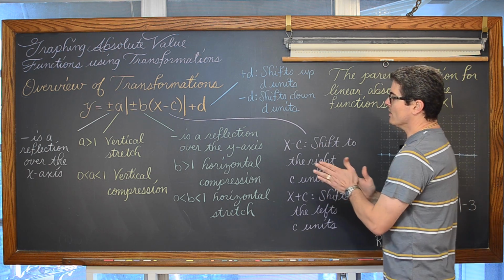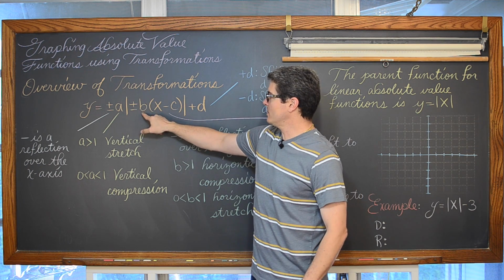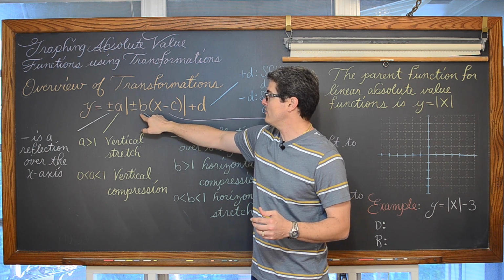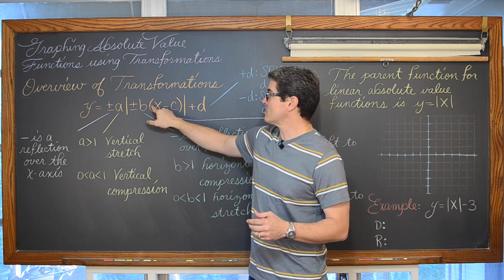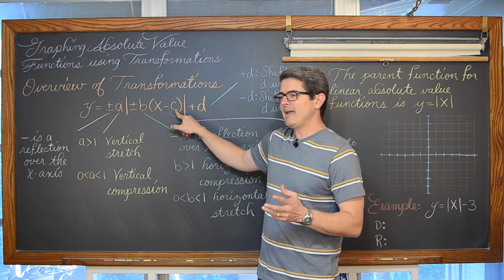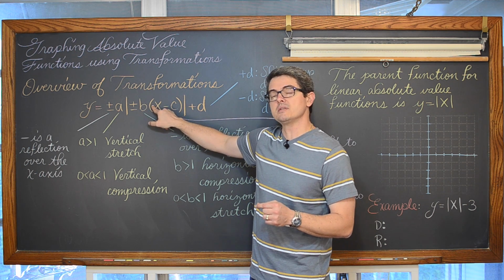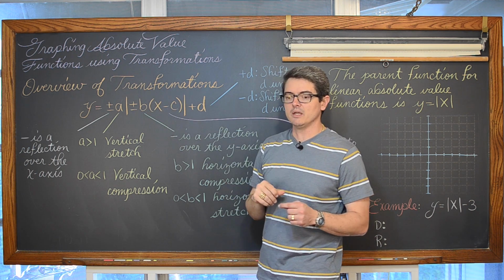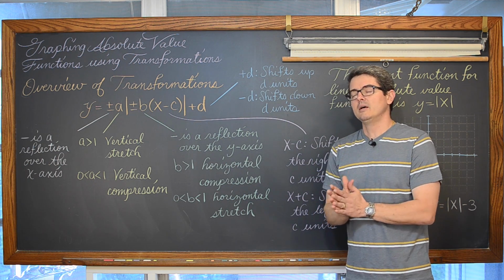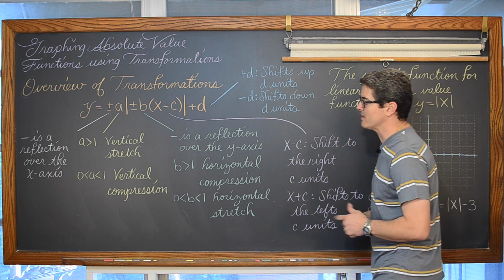Okay, so what do we got here? We have y is equal to, and some textbooks will have a little bit of a different notation. Sometimes the textbooks will have this value of b inside the parentheses, so it'll be like plus or minus parentheses bx minus c. And if this b is inside the parentheses and the coefficient of x is not equal to 1, then these rules are going to vary just a little bit. So it'll still apply, but textbooks will vary. I'm being consistent with the ones that I'm teaching from at my school.